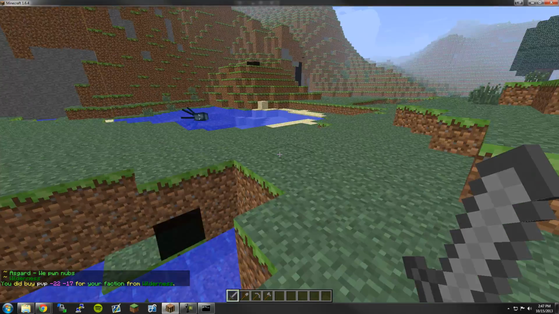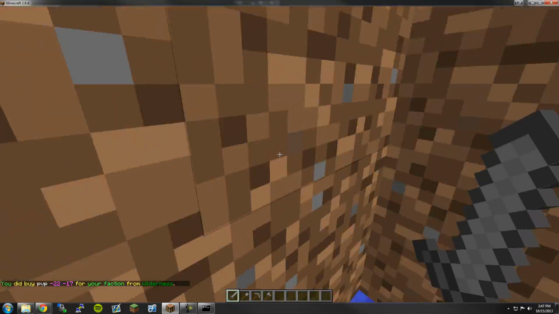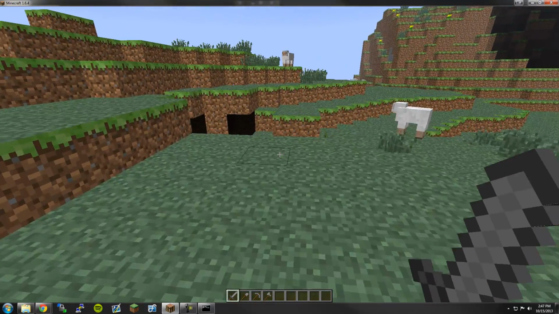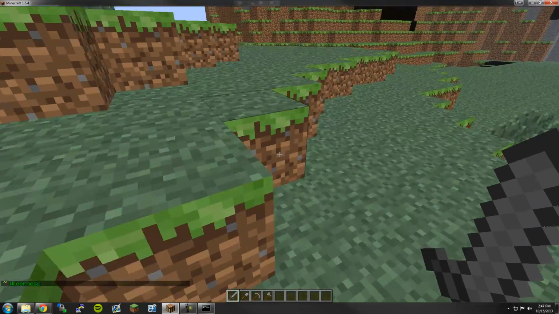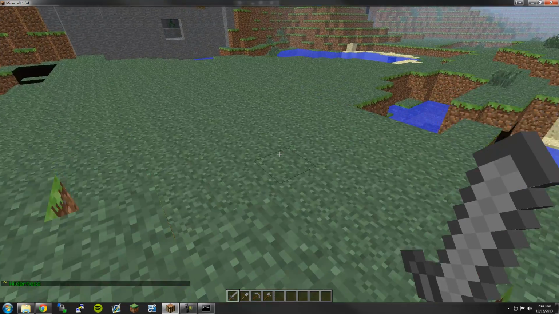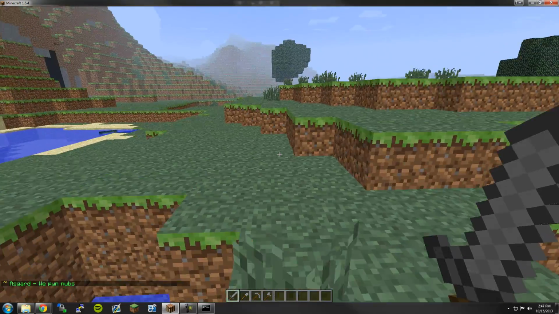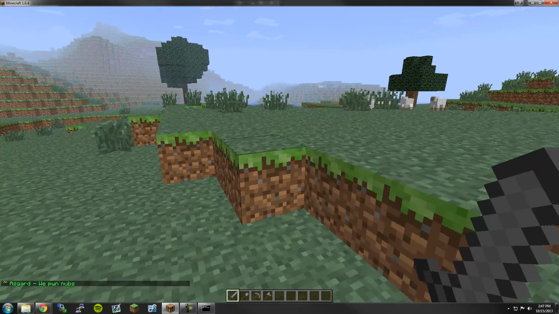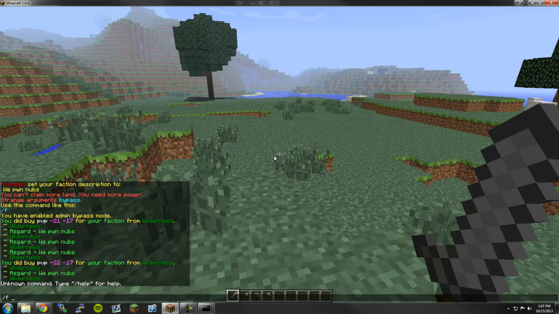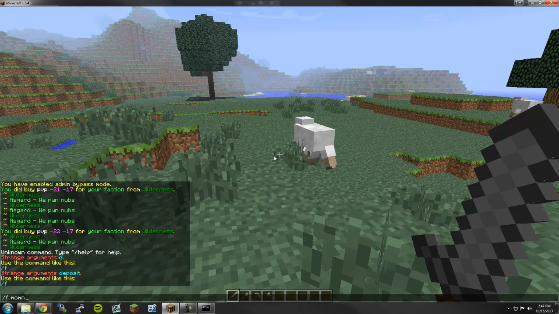Now, usually on any servers that you play, factions will cost money to create, which I'll show you how to configure after I'm done with this. To claim a plot, which would also cost money, you would need to first have money in your faction bank, because anything you do with your faction that costs money takes that money from your faction bank, not your balance. So to deposit money into my faction bank, I would do F deposit, no, F money,